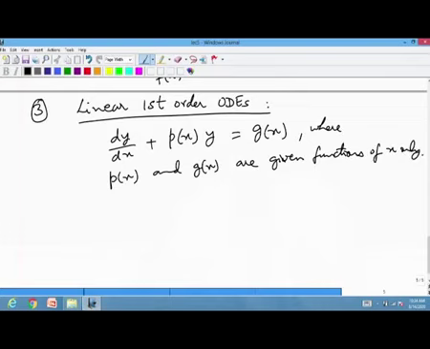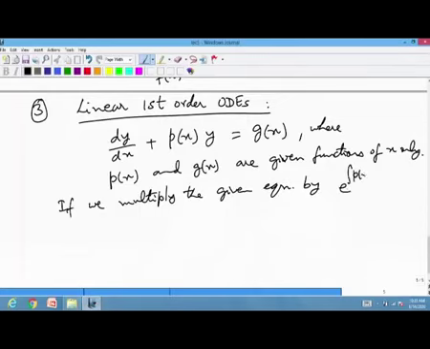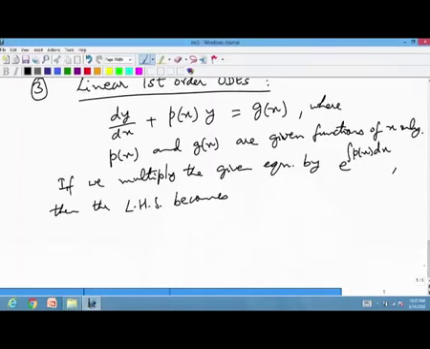So, in this case, to solve this, what we do is, if we multiply the given equation by e to the power of integral p x dx, then the left hand side will be e to the power integral p x dx times dy dx plus p x times e to the power integral p x dx times y,